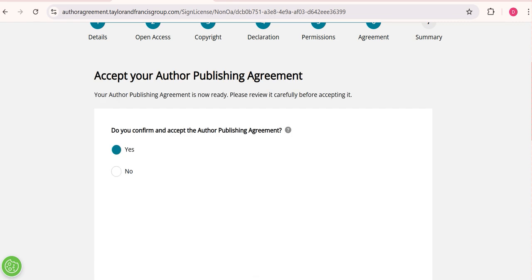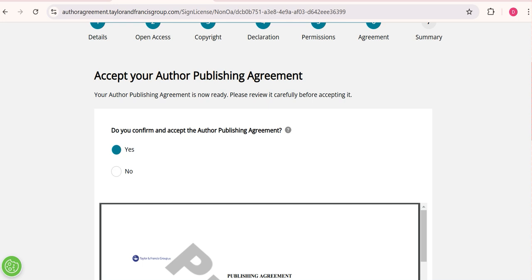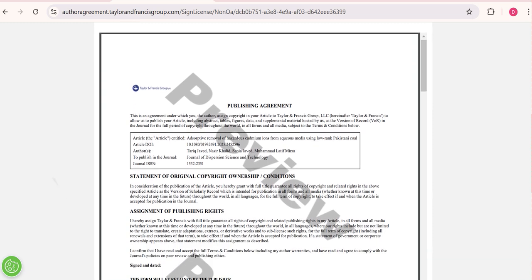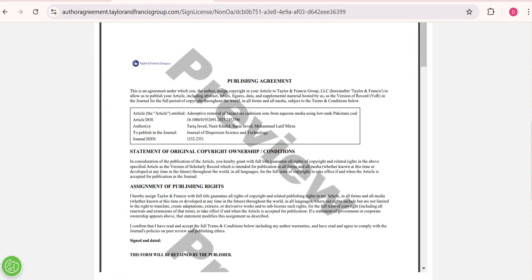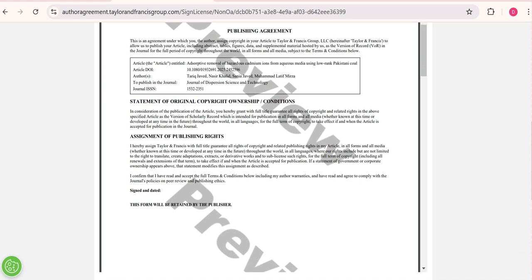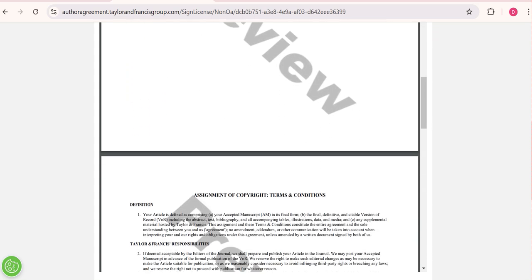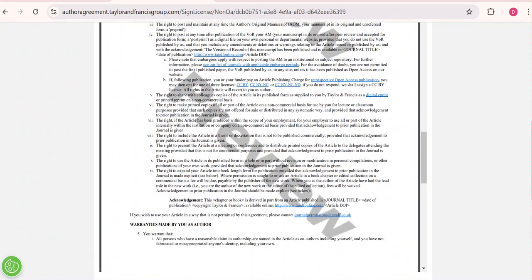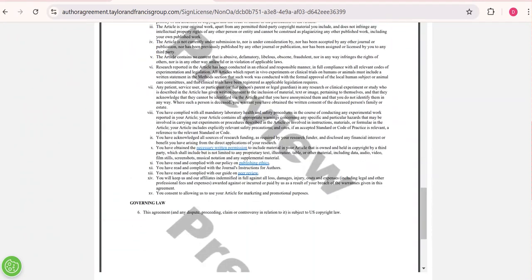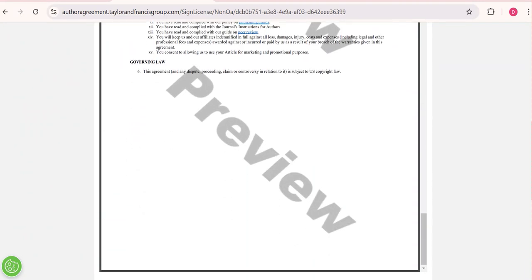So here it is asking whether you are going to accept the author publishing agreement or not. As we have completed all the steps, here is the preview of the publishing agreement, or all the steps that we have completed till yet. So you can go through the preview of your author agreement, and